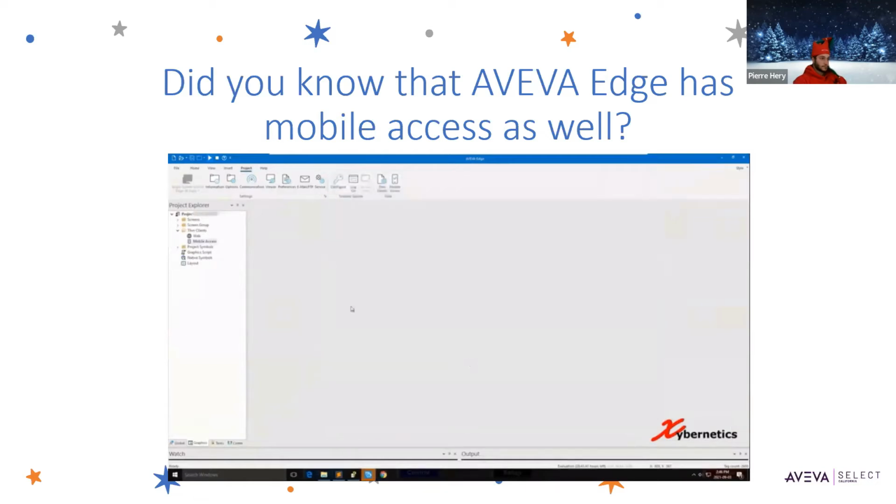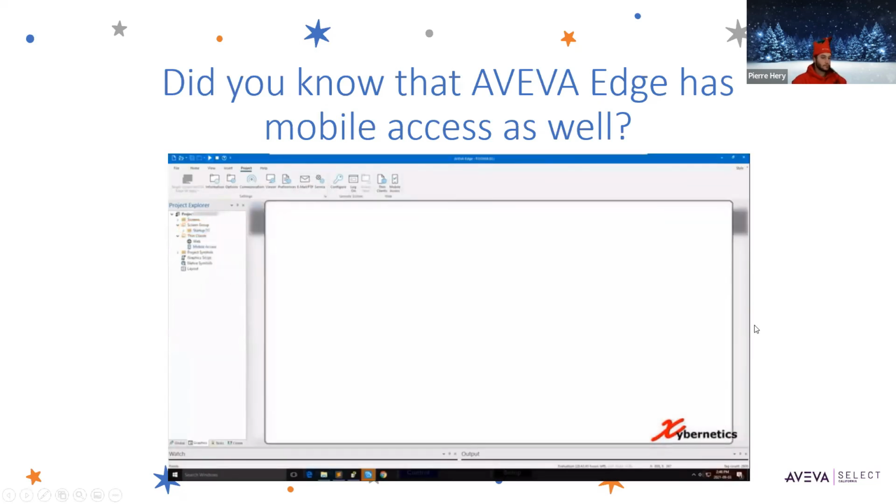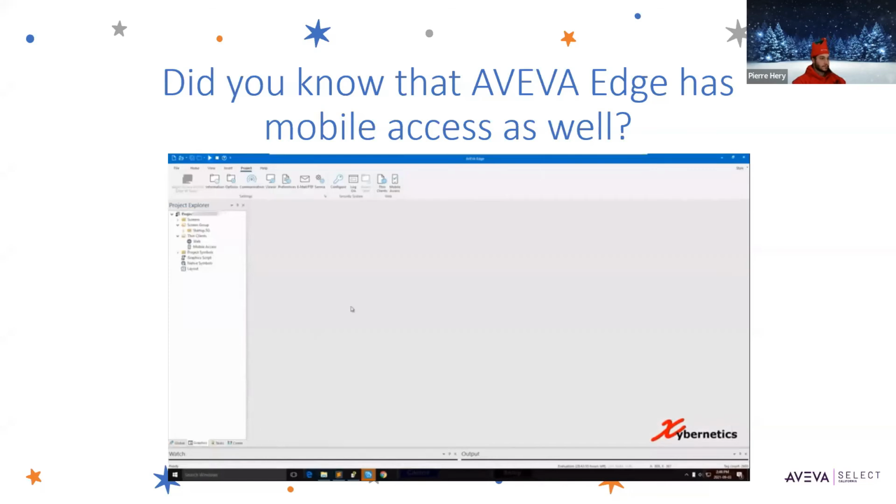A more efficient way to define and use screens on the mobile web access would be to define a screen group. I've already defined a screen group here. Under this folder there's 3 different screens that I've specified. So once you specify the screen, select your screen group name, right click, and save as HTML. So once that flashing of the screen is done, which indicates that your screens are converted to HTML, open your